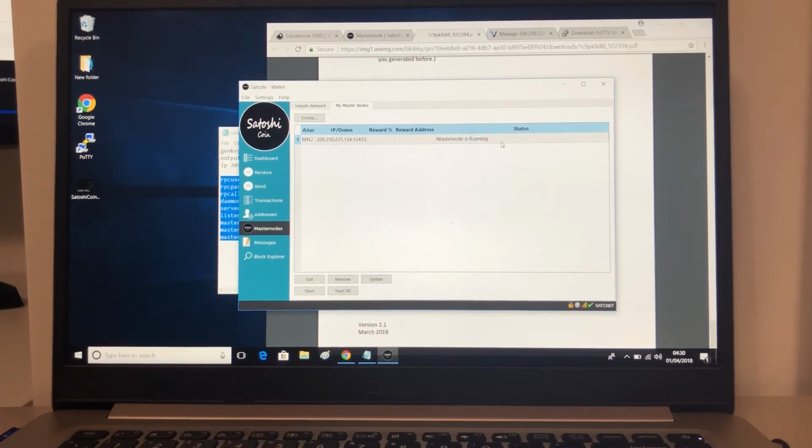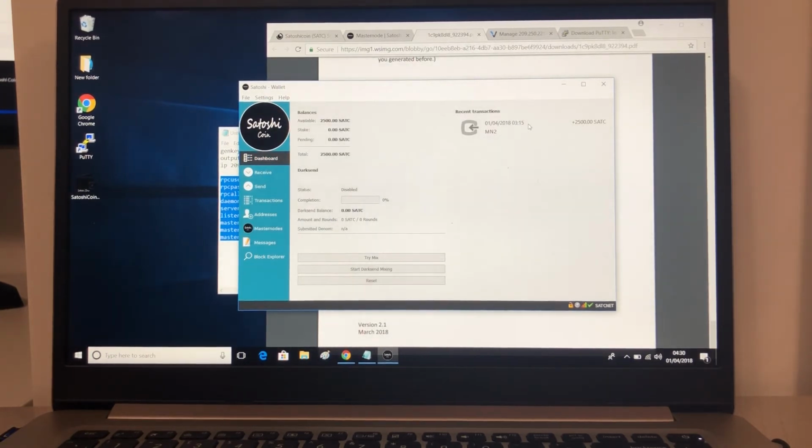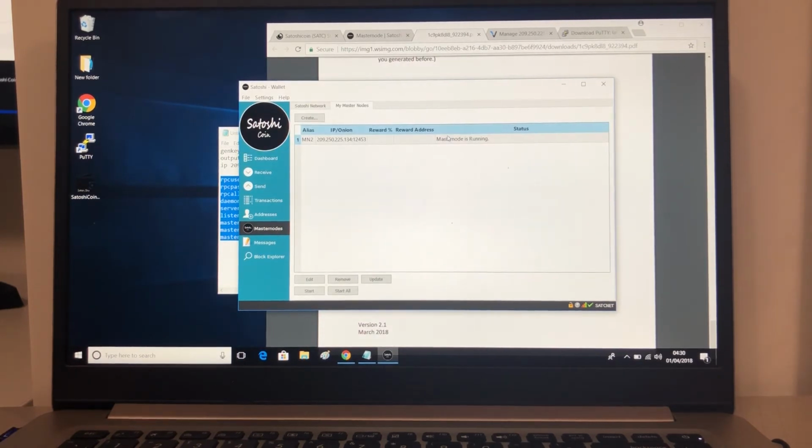Now you just wait for your rewards to start coming in. You don't need to do anything else. You can close the wallet. It's no problem at all. If this goes back to masternode not running, that means maybe because we didn't wait for 16 confirmations. Well, it's 14 now, so I think it should be okay. But for any reason, if you're not getting your rewards, or if you just go back to masternode